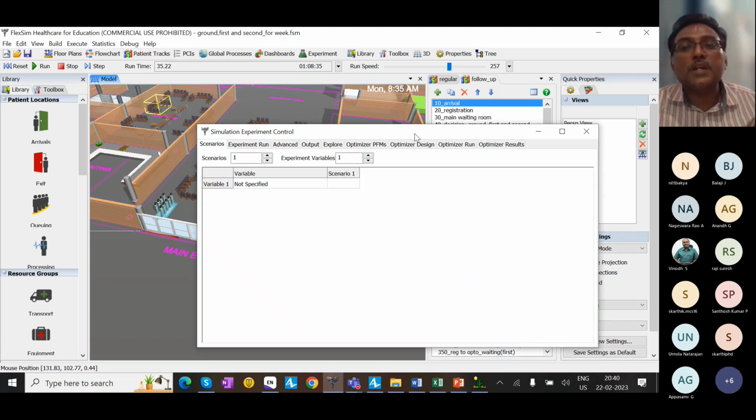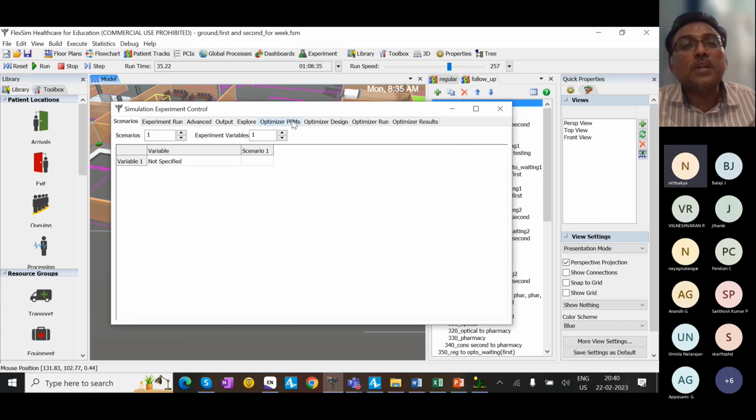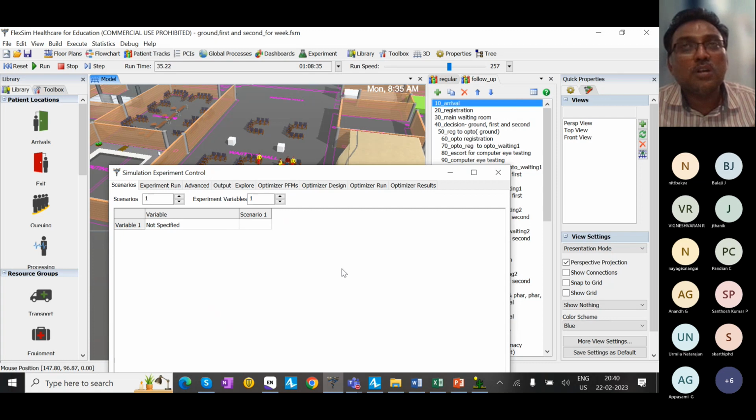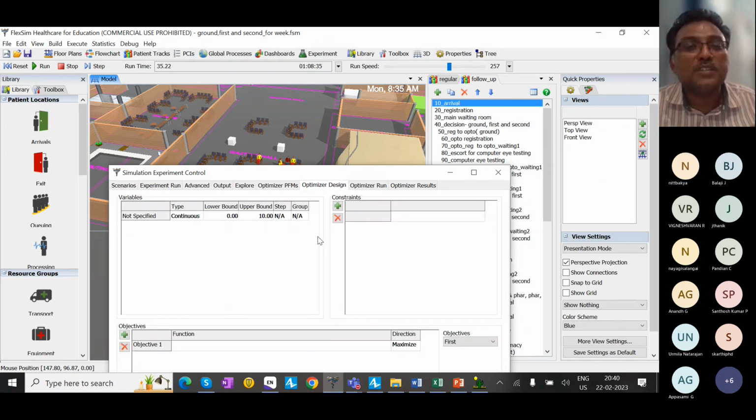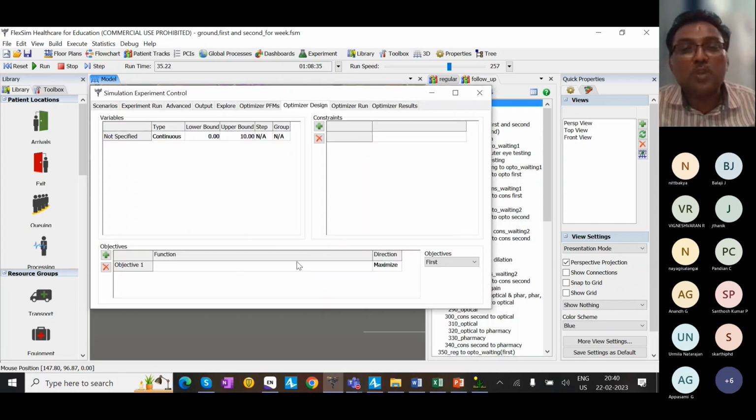Yes. I'm going to this experimenter. Is the experimenter screen visible? So what I do, I will create this as my base model. I can add some scenario. I can do optimization. And if you see, optimization works based on OptQuest, so there is a license. So with this you can do. Yes, this is also possible.